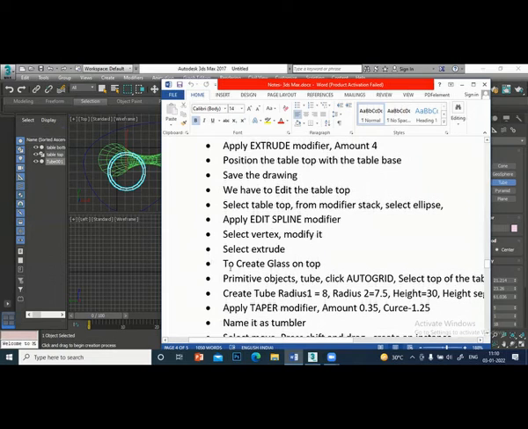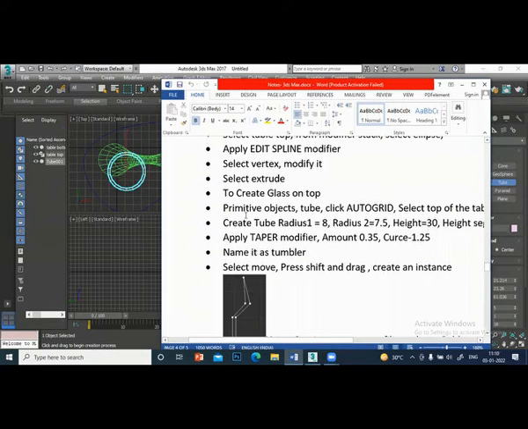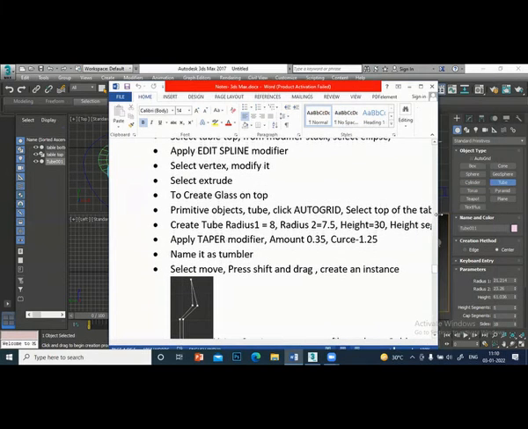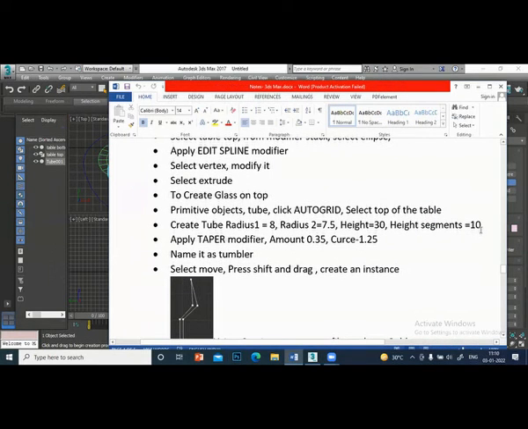So we finish this extrude, create glass top. Okay, primitive objects, auto grid on. Radius 1, 8, radius 2, 7.5, height 30, and height segments 10. So radius 8, 7.5, 30 height.